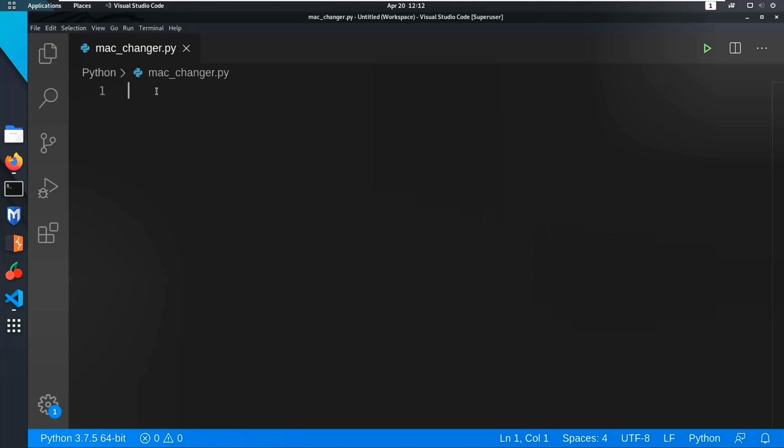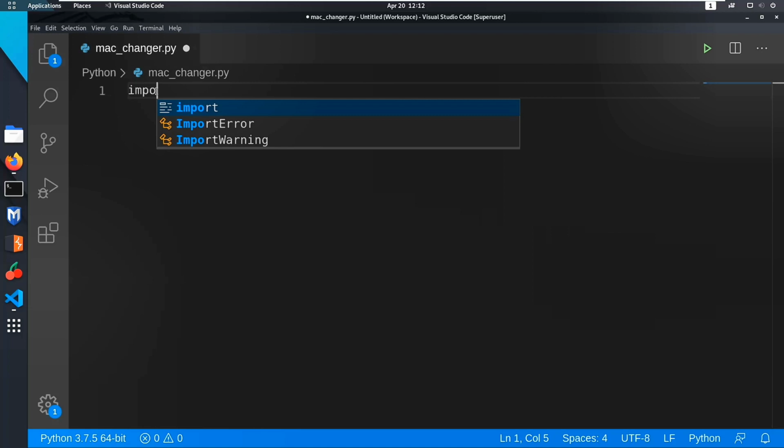The important module that we'll be looking at in today's session is subprocess. You can quickly search what the methods are and what subprocess does. So let me import subprocess.